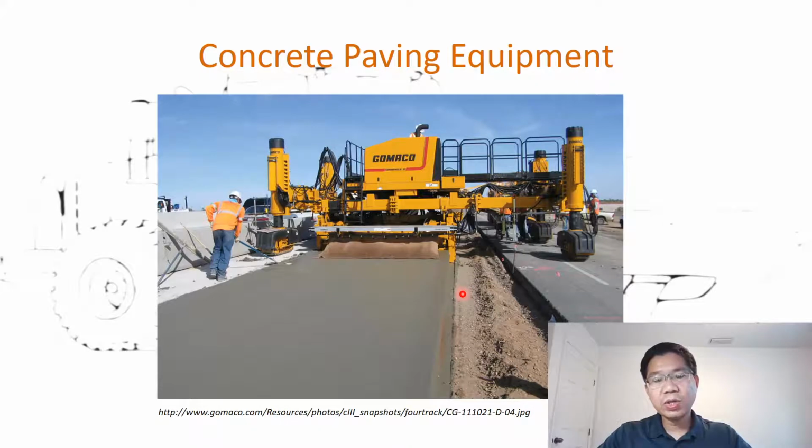Normally, if we use the form riding equipment on both sides, we need the formwork to hold the concrete. But in this case, with slip form paving, they can continue to go when the paver leaves the area. This concrete has already gained some strength so that we don't need the formwork, so it can hold the shape by itself, and that also ensures continuous paving for the equipment